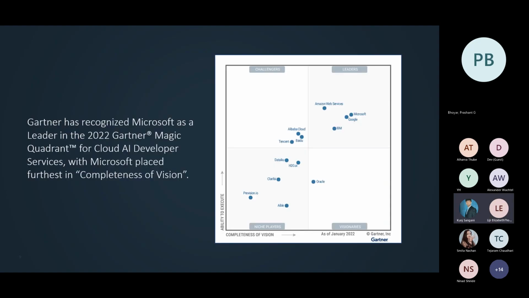Microsoft in 2022 was again recognized as one of the leaders in this space by Gartner. If you look at the top right quadrant and see Microsoft there, it shows how developed and mature their cloud AI services are. And I'll give you a backstory as to why these services exist.